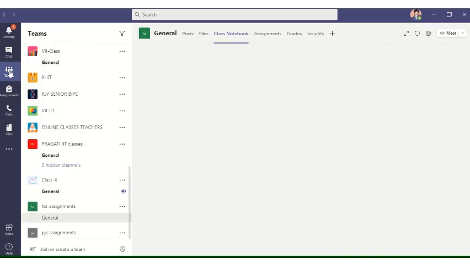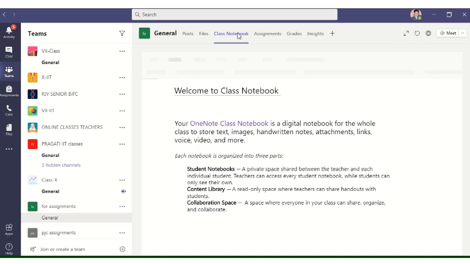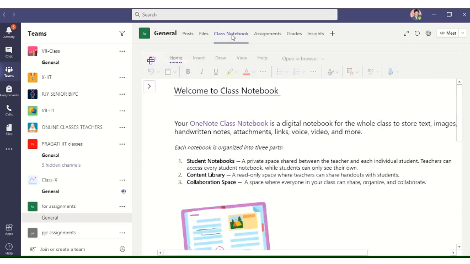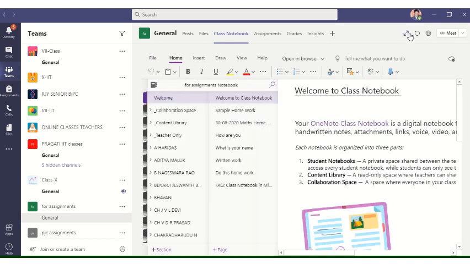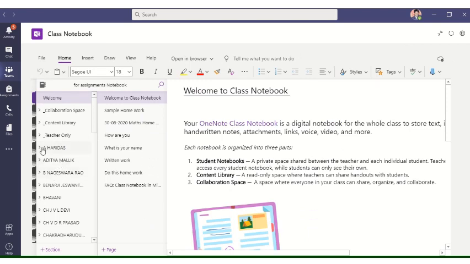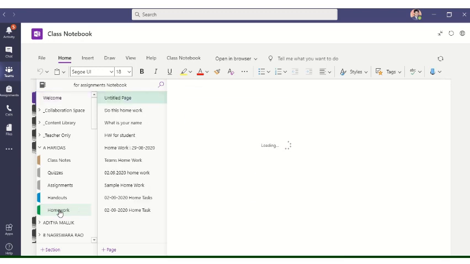Let's verify that. Suppose as a student, see how it looks in the student's class notebook. I will show you. See, this is a student. If you select the student, the same options which you saw before are available here. So now you press on homework. Homework, see here, 2/9/2020 home task. This is the task which you gave today right now. So you select this.